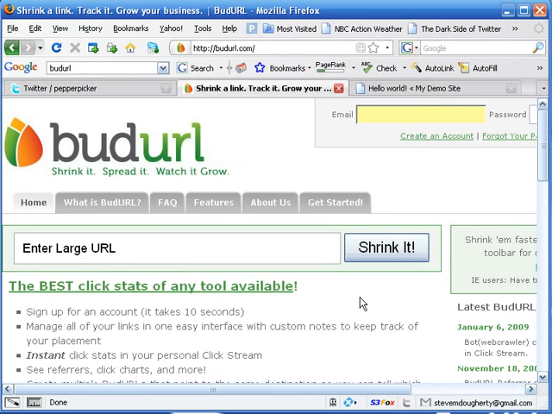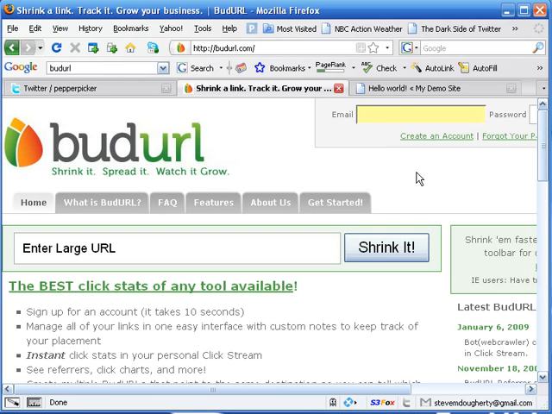And the reasoning behind the idea of tracking the clicks is to see where you are getting a lot of those clicks from. And if you see that you're getting a lot of clicks from this particular blog versus that particular website or forum, then you want to concentrate more of your marketing efforts on that particular blog that's getting a lot of clicks. Go back there, read more posts, comment more, and you get the idea.